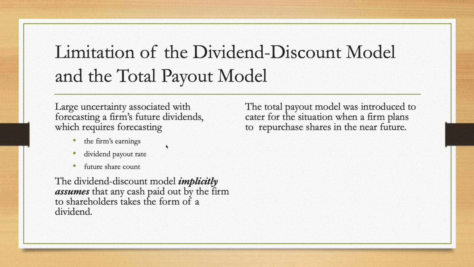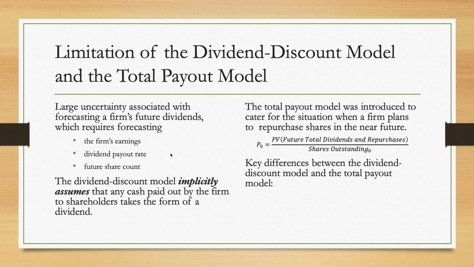And the price of a stock can be derived from the total payout by dividing the present value of total payouts by the shares outstanding. There are some key differences between the dividend discount model and the total payout model. The first difference: the total payout model values all of the firm's equity rather than a single share. The second difference: the total payout model uses the growth rate of total earnings when forecasting the growth of the